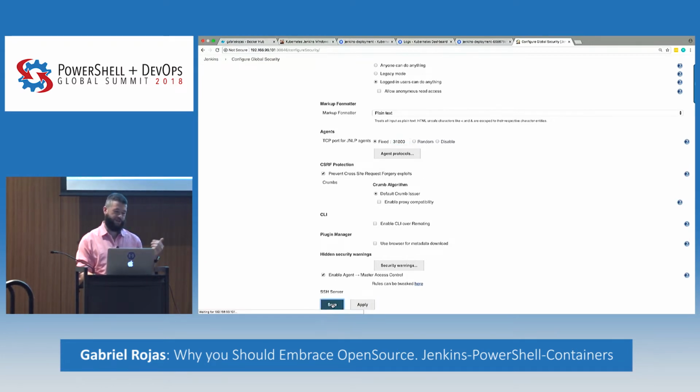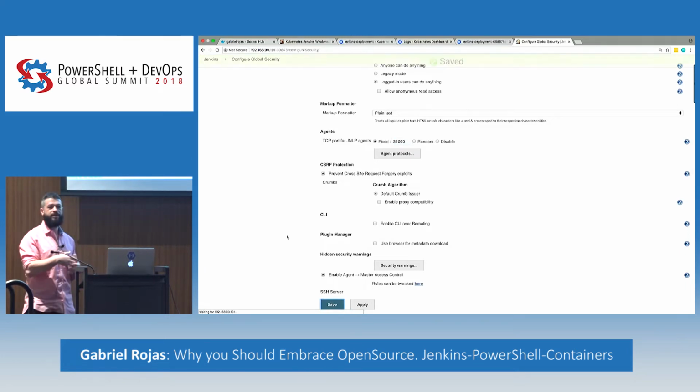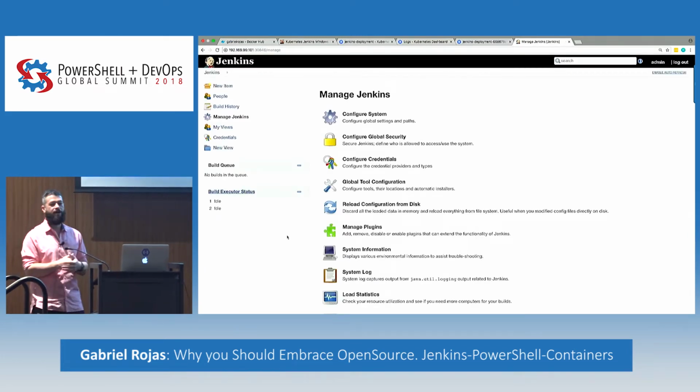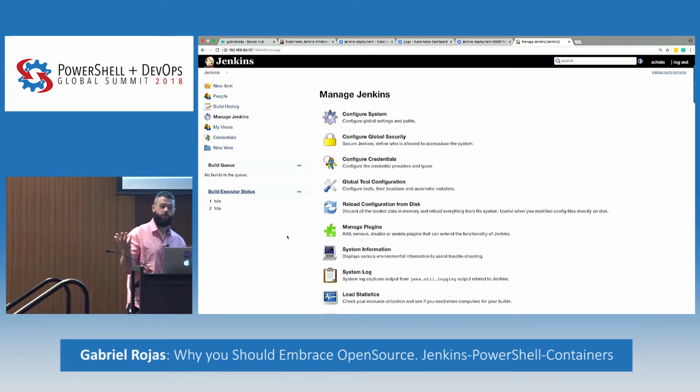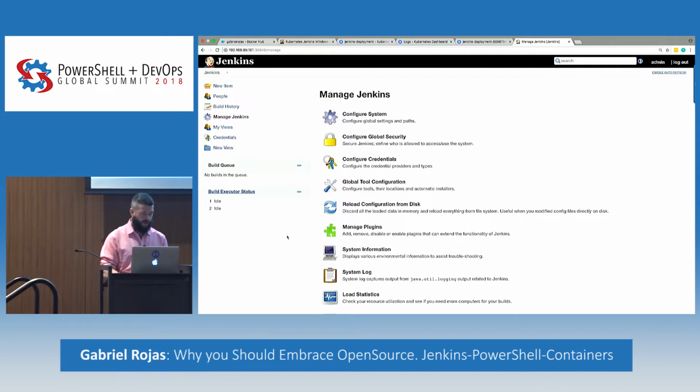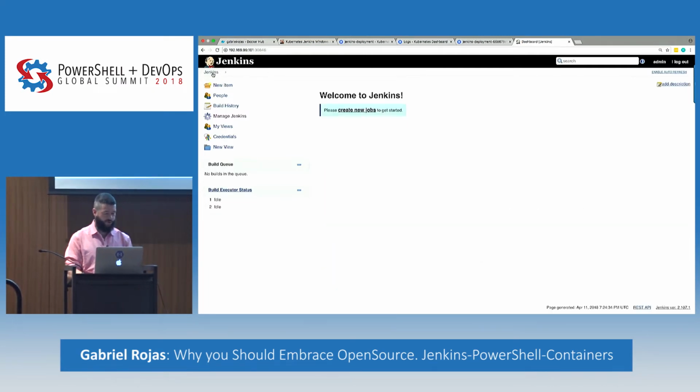So that's the first thing you need to do. The good thing here is that you can either run jobs on the master, or you can have workers. It's better to run the jobs on the workers than the master, because if the master is serving a lot of different jobs, it may get bogged down. So you usually want to spin up different containers or different hosts to do your jobs. So now we're going to configure one of the Windows